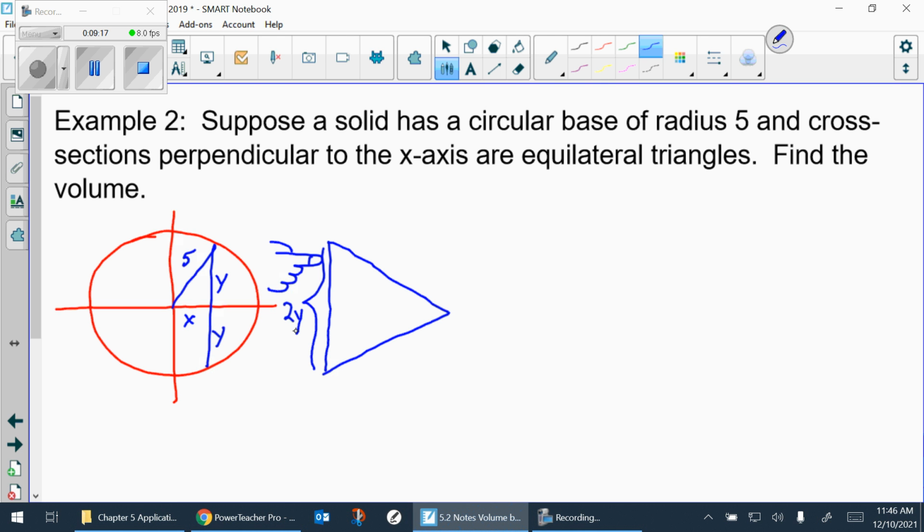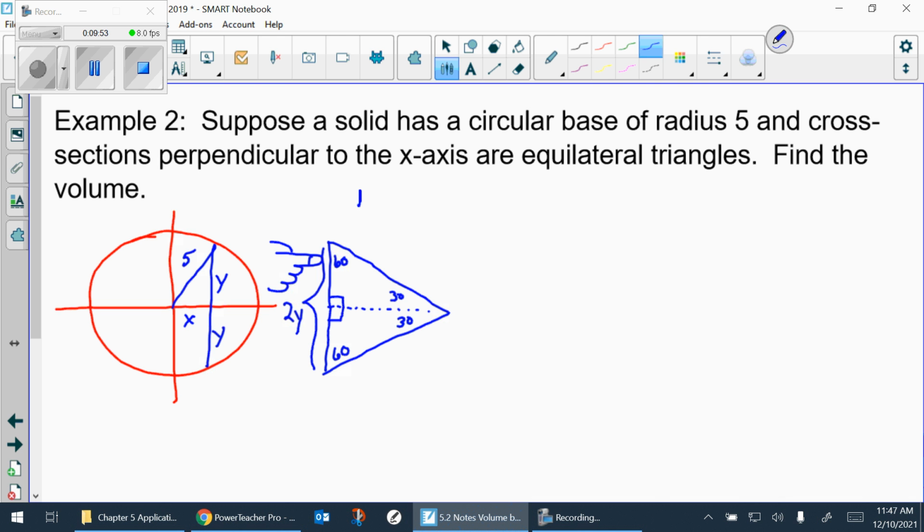Now, how do you find the area of an equilateral triangle? Well, we'd have to revisit geometry. We'd have to realize that every angle of an equilateral triangle is 60. And we'd want to take the base times the height divided by 2. We'd have to realize that we've got a couple of 30, 60, 90 triangles. And we'd have to use the rules of 30, 60, 90 that we learned back in geometry. Or